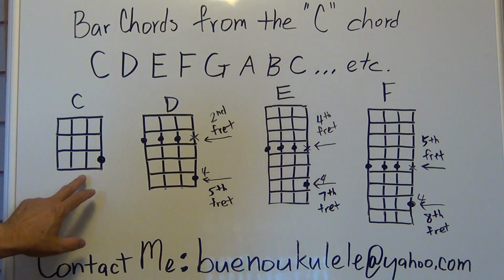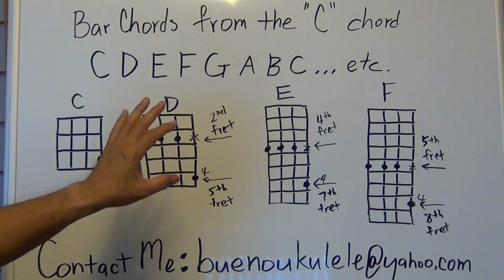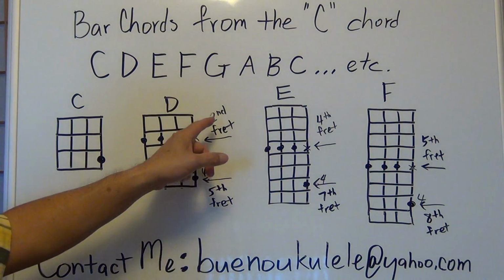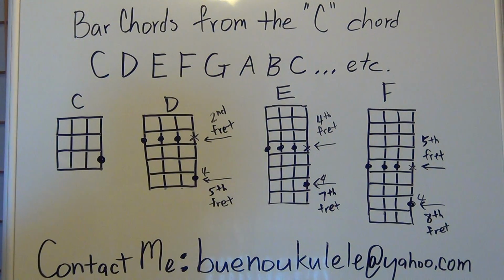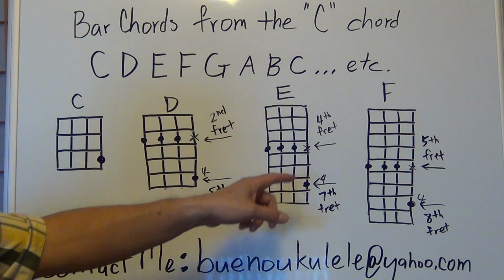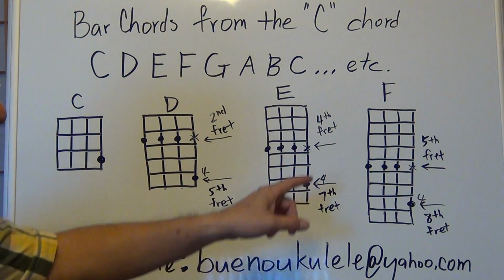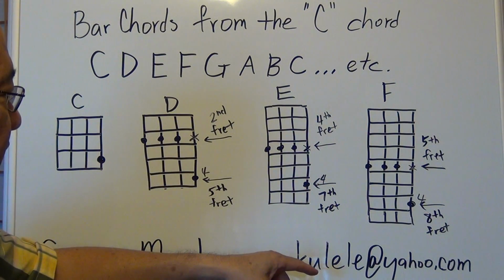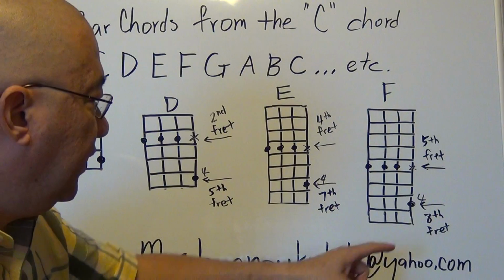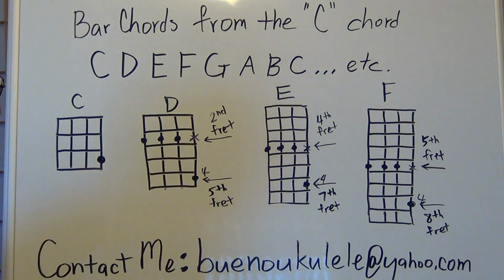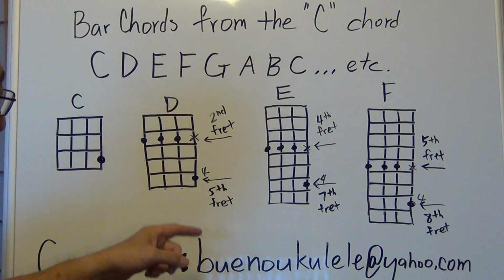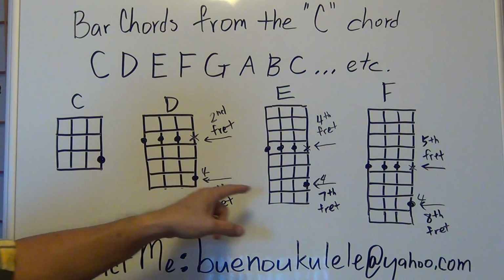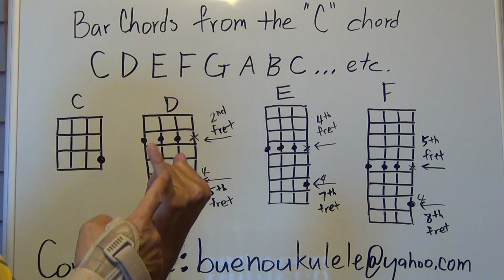Here's your C chord. You all recognize that. Just to explain a couple things over here. These tell you where this chord is located on the fretboard. As you can see, it's moving up. The location of the frets is moving up. So this is now on the 4th fret, and this is on the 5th fret, etc. This X just says that it's part of the bar that you're using. Use your fingers, the bar, and number 4 right there means you're using your baby finger